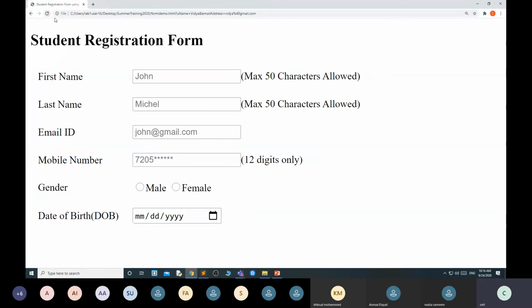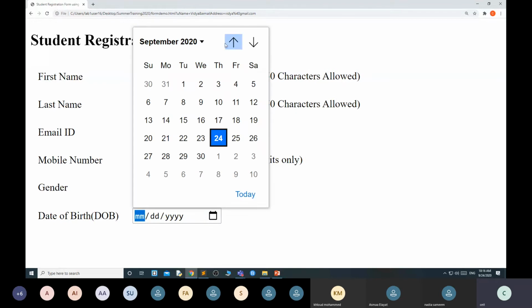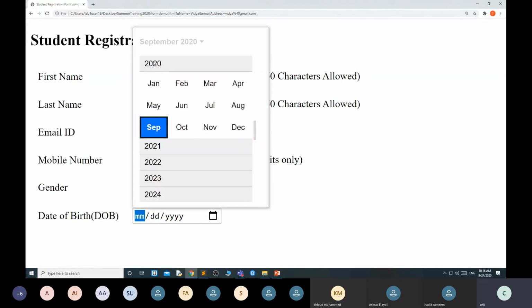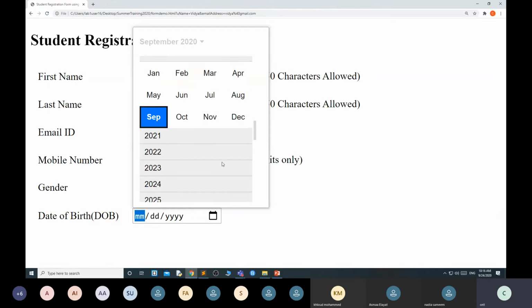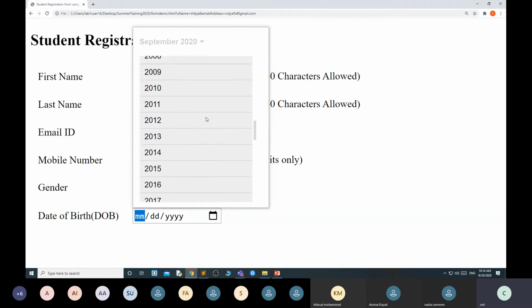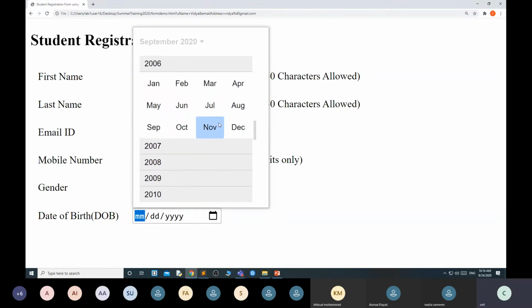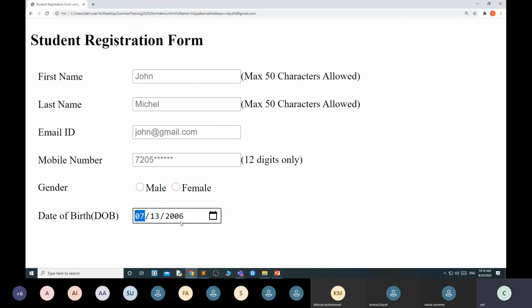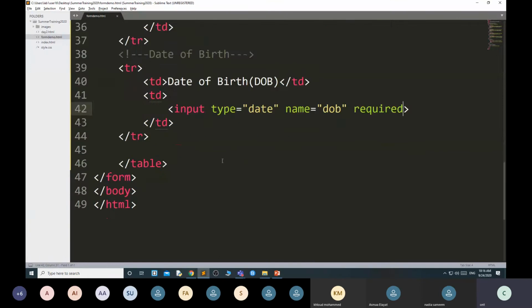Now you can see, it gives the calendar. You can select, suppose, 2006, July 13, and it enters. It becomes easy. Understood?